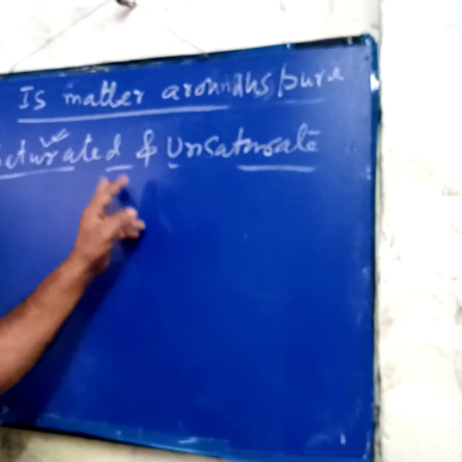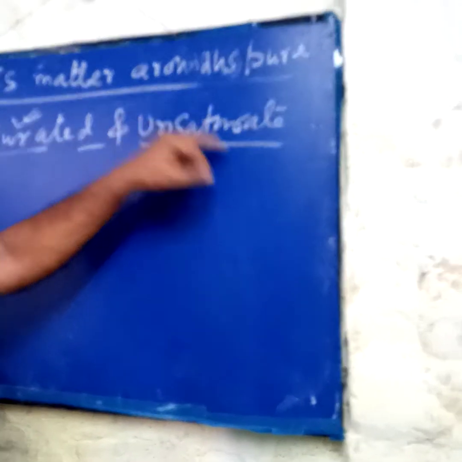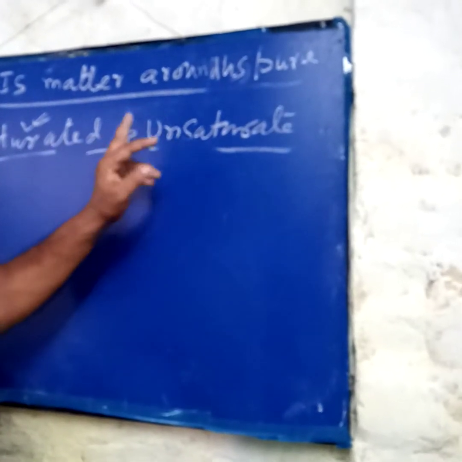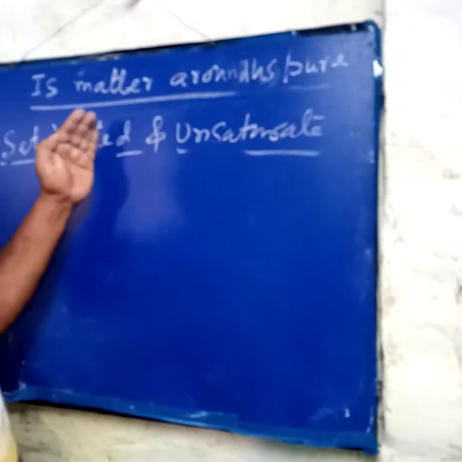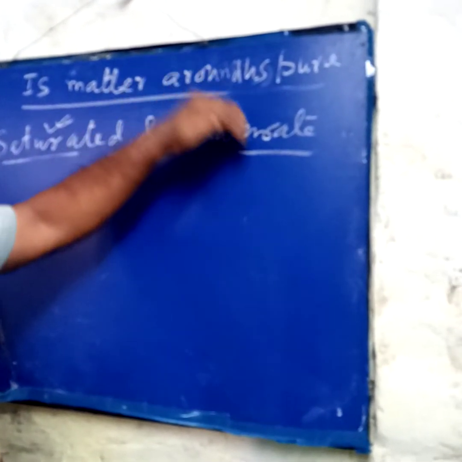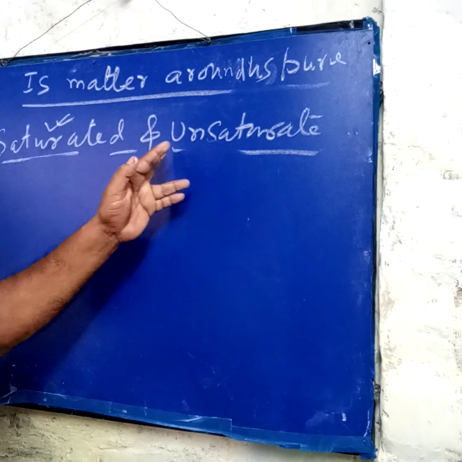Saturated means more solute cannot be dissolved in the given solution. For the mass you are given, if more solute can be dissolved, then it becomes unsaturated. Saturated, no more solute can be dissolved, but unsaturated, more can be dissolved there. When unsaturated,